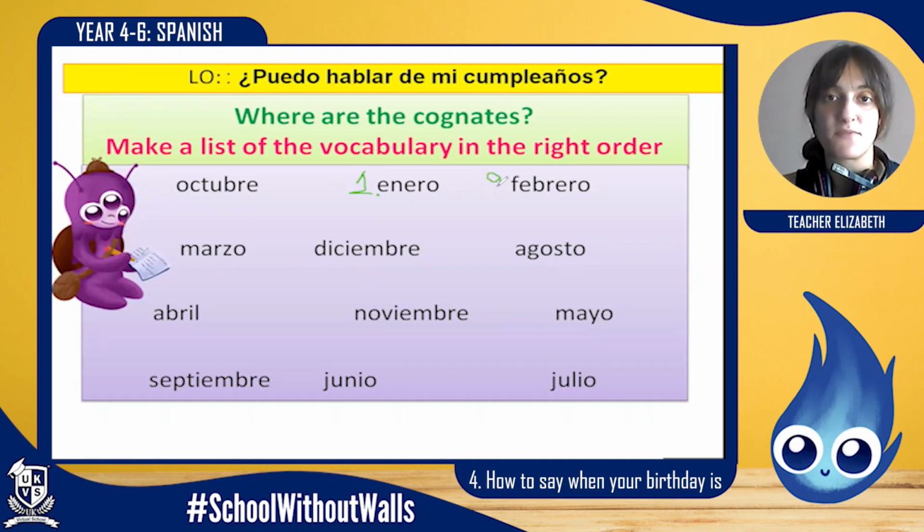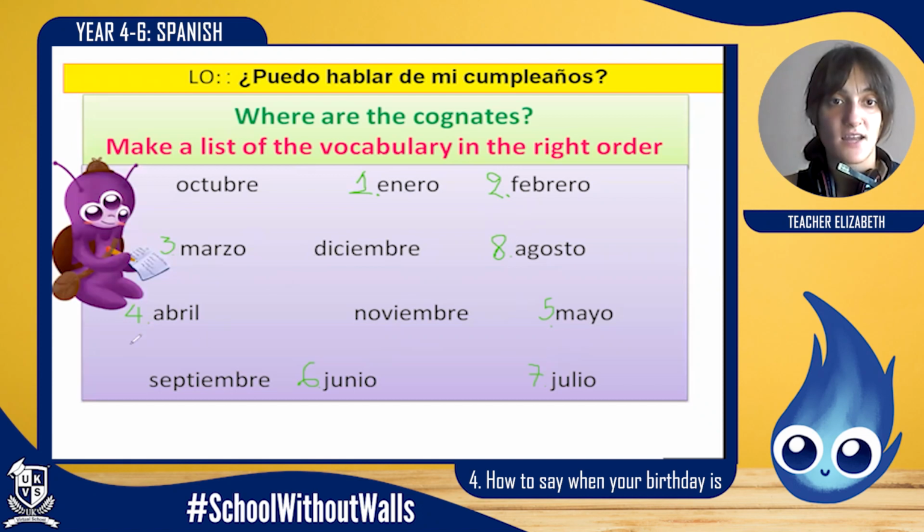Enero, después tenemos febrero, número 2, febrero, número 3 es marzo, número 4 es abril, número 5 es mayo. So enero, febrero, marzo, abril, mayo, junio, después julio. So just check that you got the right numbers. Enero, febrero, marzo, abril, mayo, junio, julio, agosto, my personal favorite month,